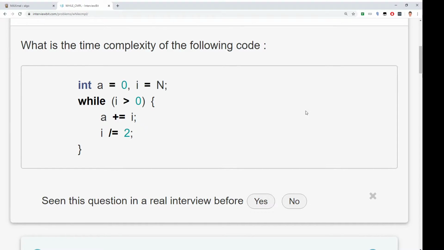Can you iterate what will be i each time of the iteration? It's going to be 4, then 2, then 1. Okay, so if it's an integer, that should stay at 1. The next iteration, when it becomes 1, it will try to do 1 by 2, and then it becomes